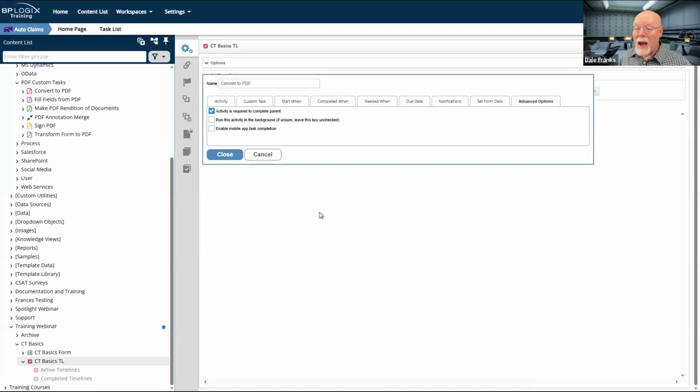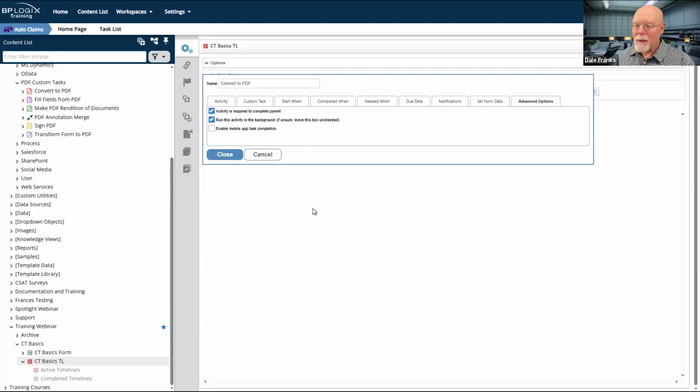Now, I do have the ability to sort of elide past that long wait when I'm running those custom tasks that take a long time to run. In the advanced options for the custom task activity, I do have the ability to run this activity in the background. It says if unsure, leave this box unchecked.